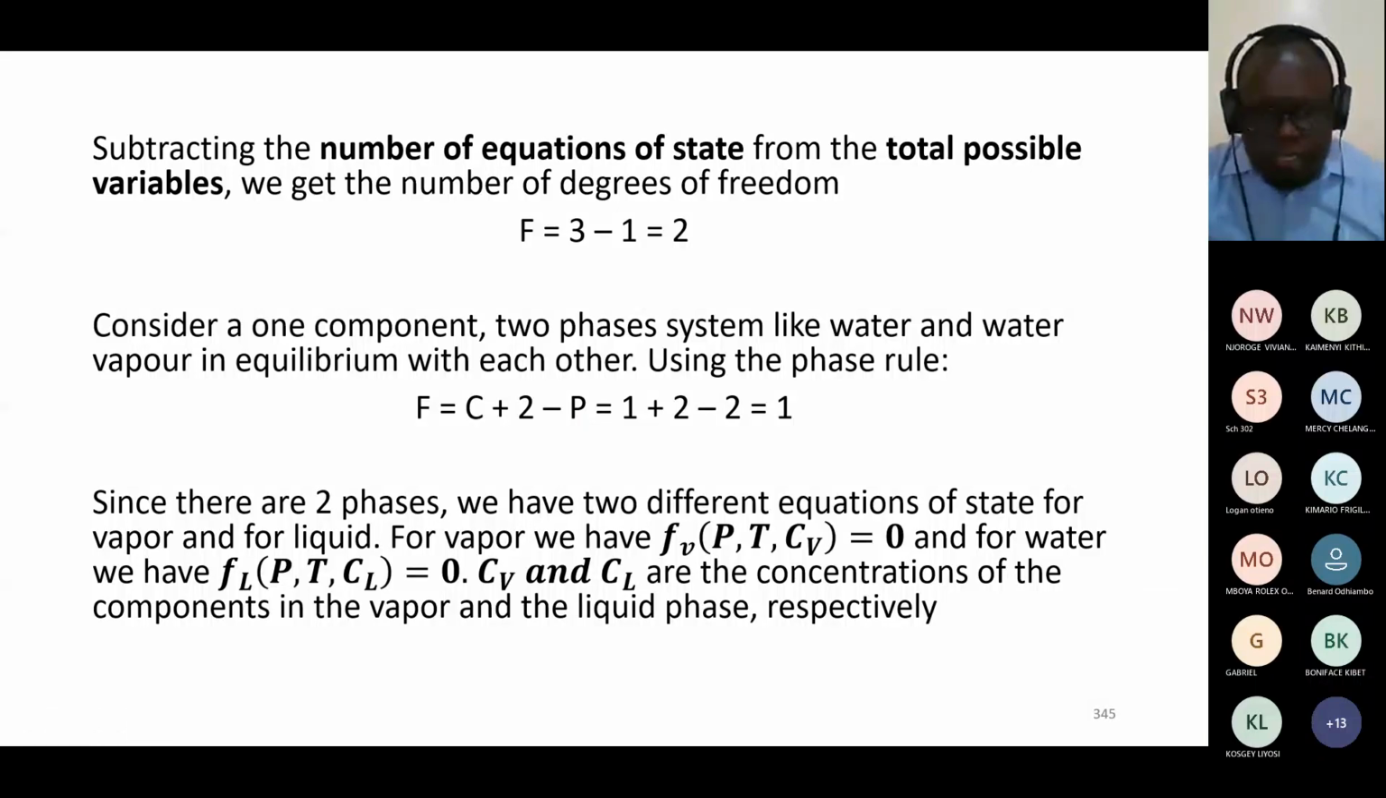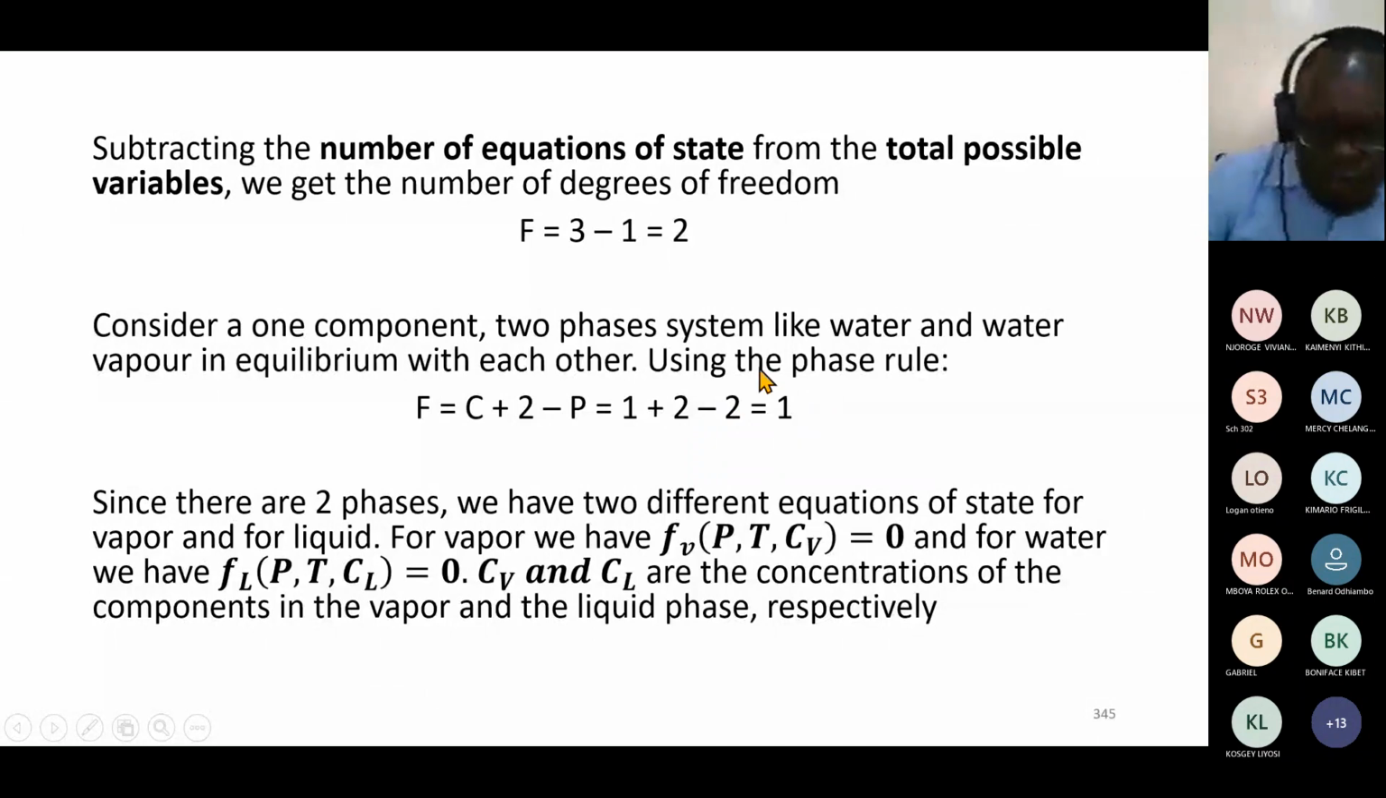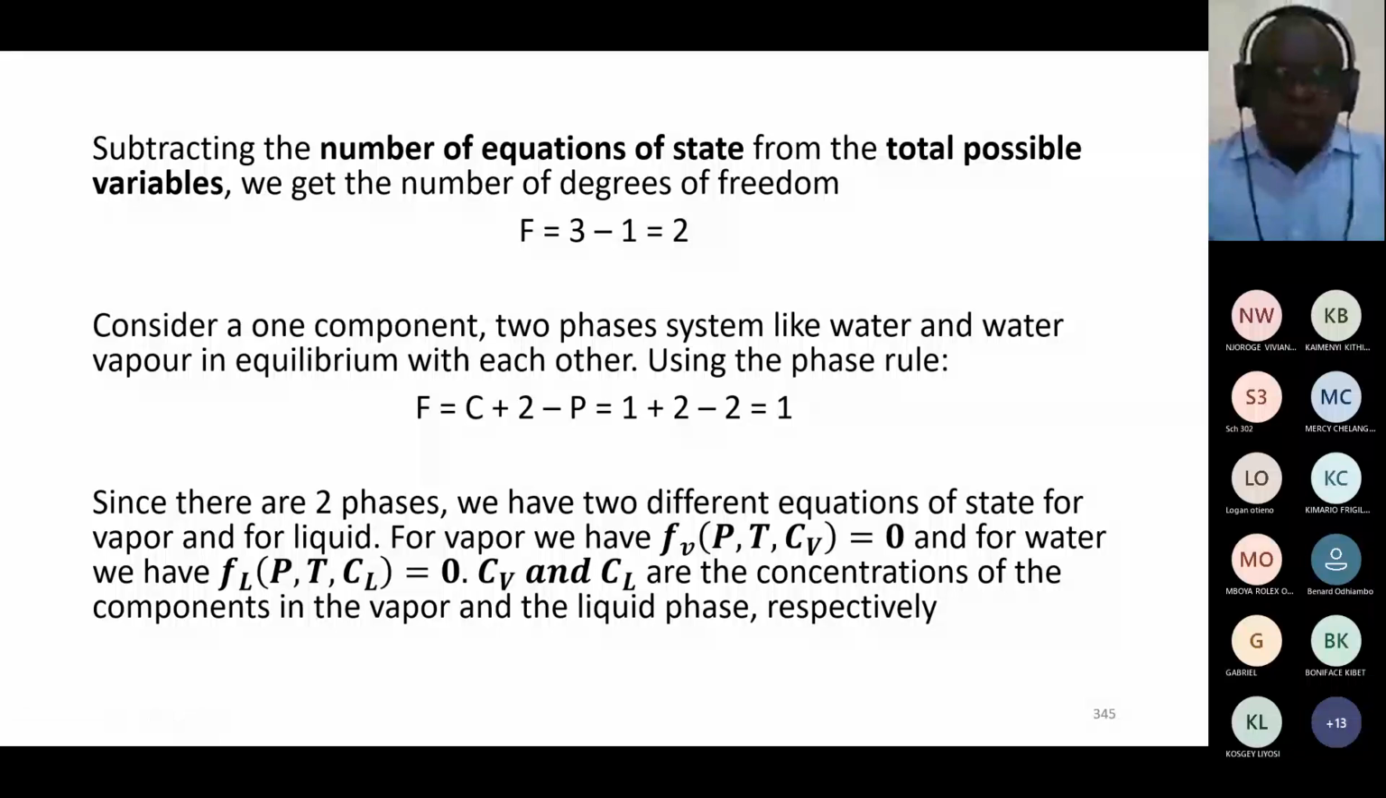So it is a one component system. So this is going to be equals to 1 plus 2. And it has 2 phases, so minus 2. So here you get 1 degree of freedom. Now, if we are to determine this degree of freedom without the